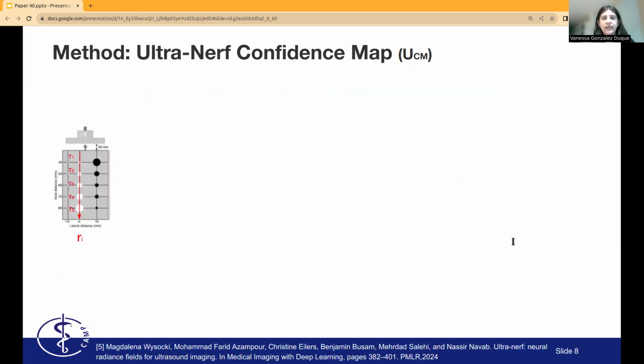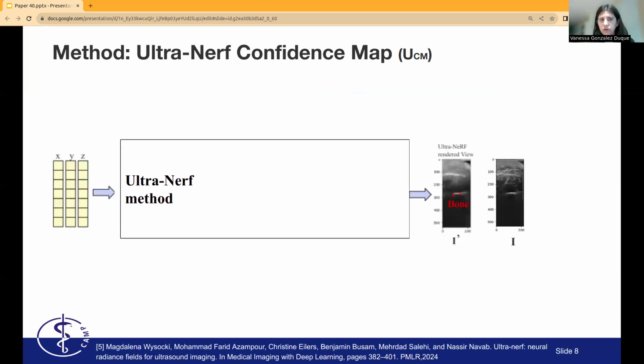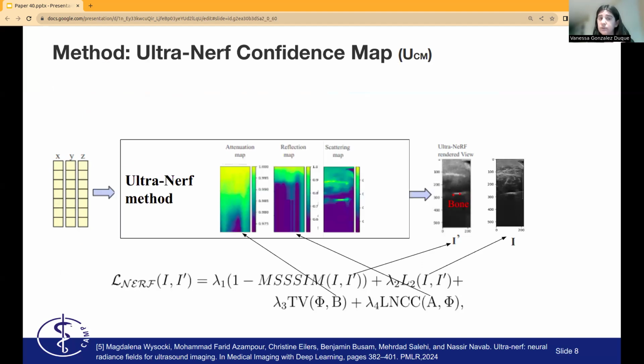The method takes the 3D discrete points at different times t along a sound ray Ri with a specific direction and angle. As output of our method, we generate newly rendered B-mode images, which are compared to the ground truth original images at this position, using a specific loss function that compares similarity between B-mode images and those intermediate maps generated by the method,